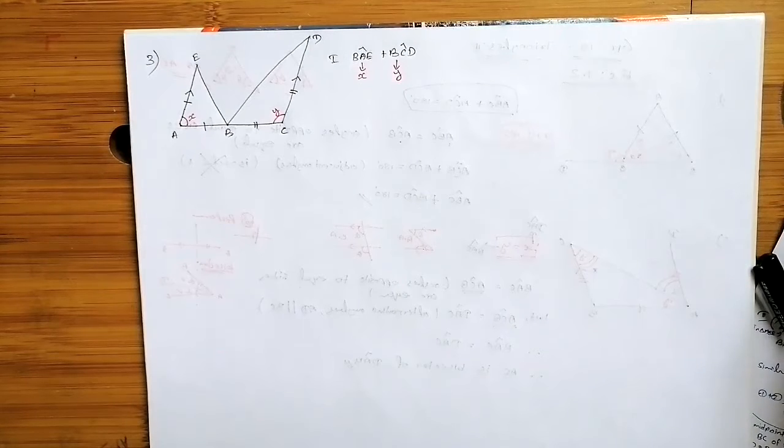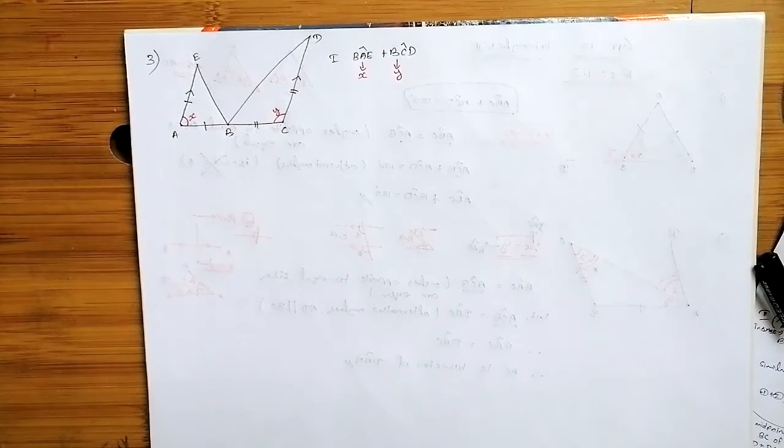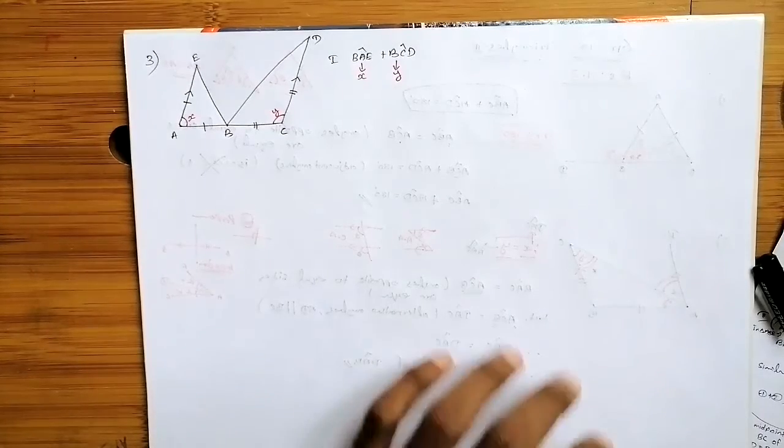So it is clear that X and Y are allied angles. If a parallel line